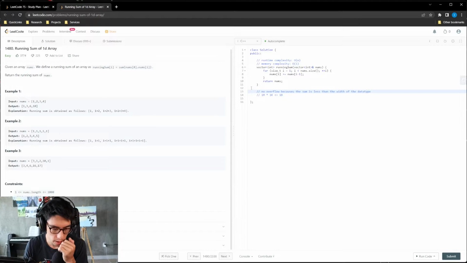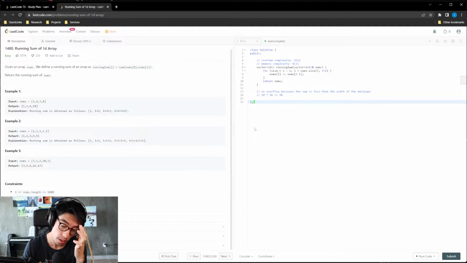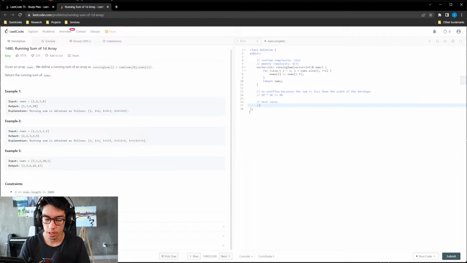And then I guess the only other thing we have to worry about is examples, the test cases. A general test case, let's take this one maybe.